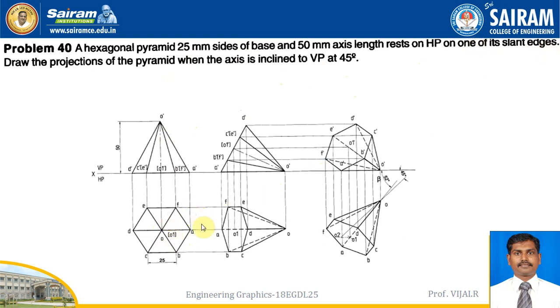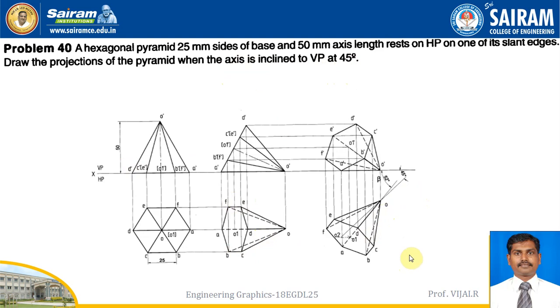Slant edge, so it's a corner position you keep it, and this is actually the slant edge position. This is now the slant edge. Okay, keep it fully lying down, so you will get this. And in the top view, this full base is visible, you will get a hexagon like this. Remaining edges you will draw, the boundary as visible and the hidden edges. And a beta angle here you have to calculate. Why? Because the axis inclined to VP is given, so the apparent inclination is not given.